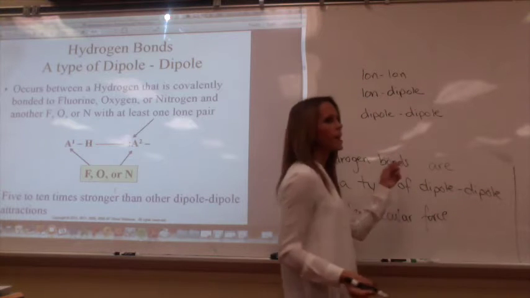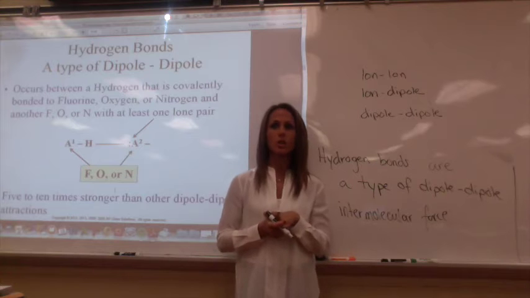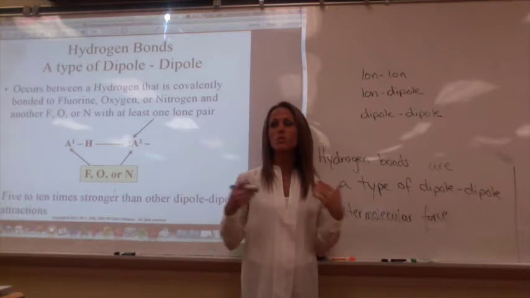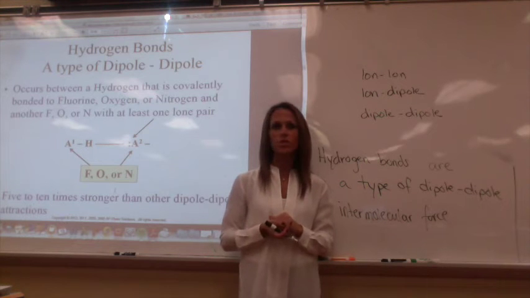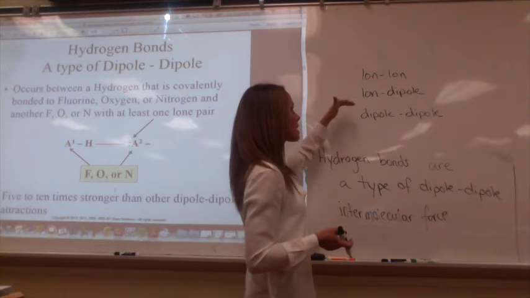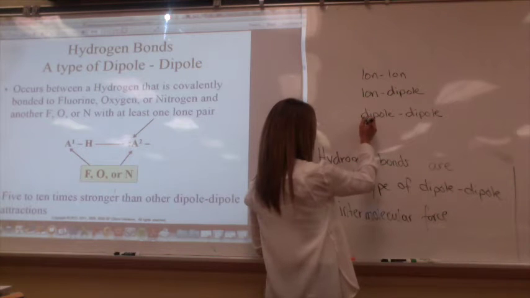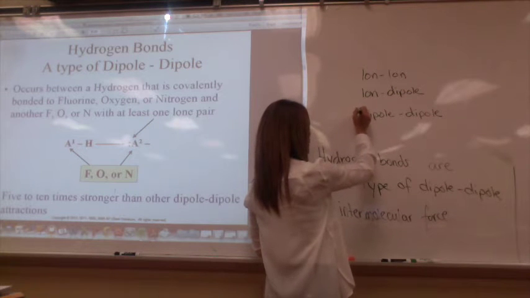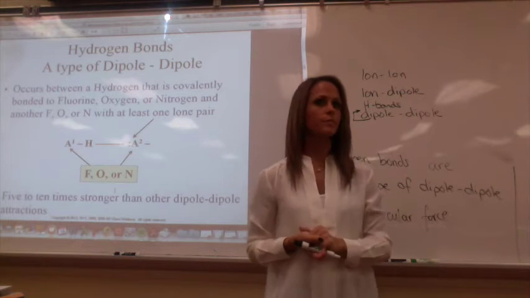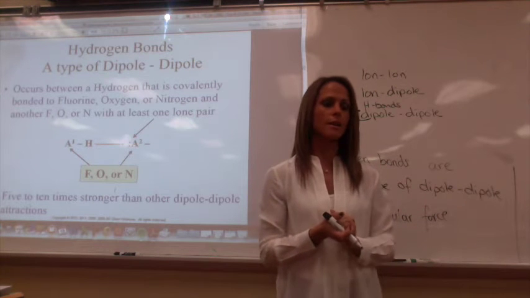And we use the word bonds here, but really it's not a bond. You don't create an actual intramolecular bond with these hydrogen bonds. We just use the phrase hydrogen bonds because it's a very strong type of intermolecular force. So we have ion-ion, ion-dipole, dipole-dipole, but in here really comes out kind of before this, hydrogen bonds. Because we could have dipole-dipole that are not hydrogen bonds, and I'll explain that in a second.